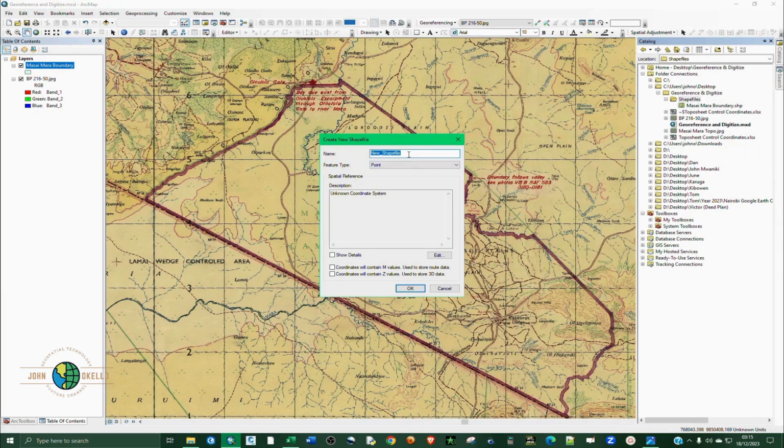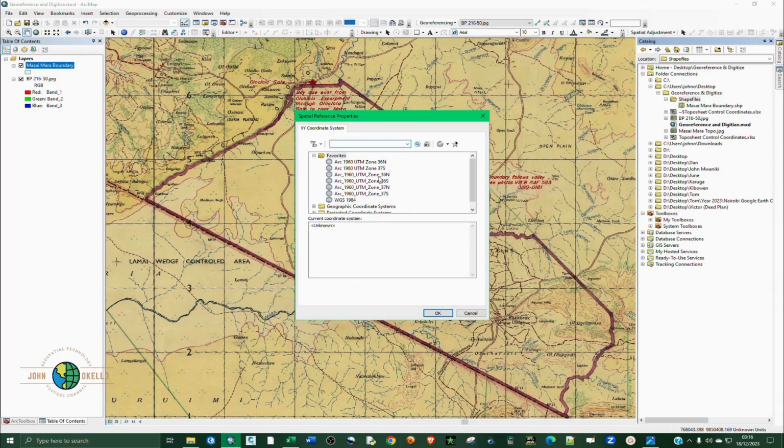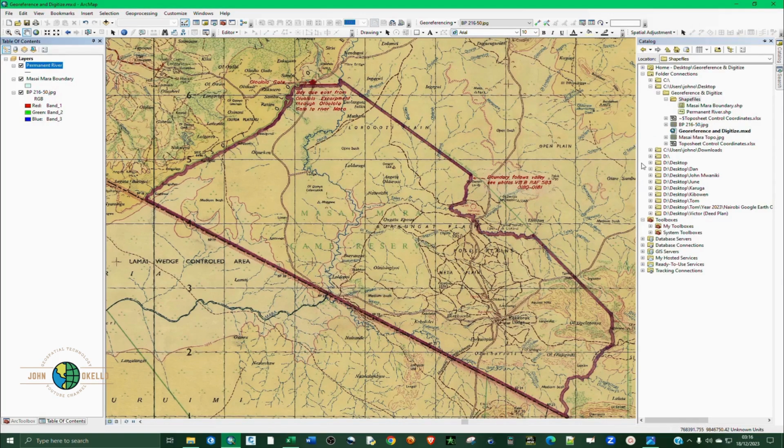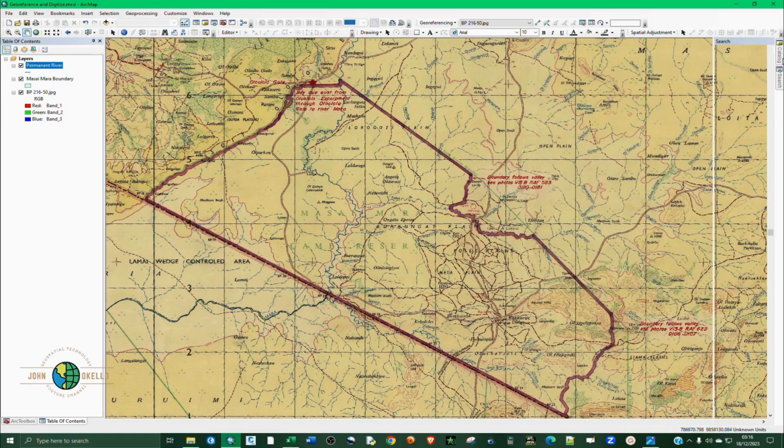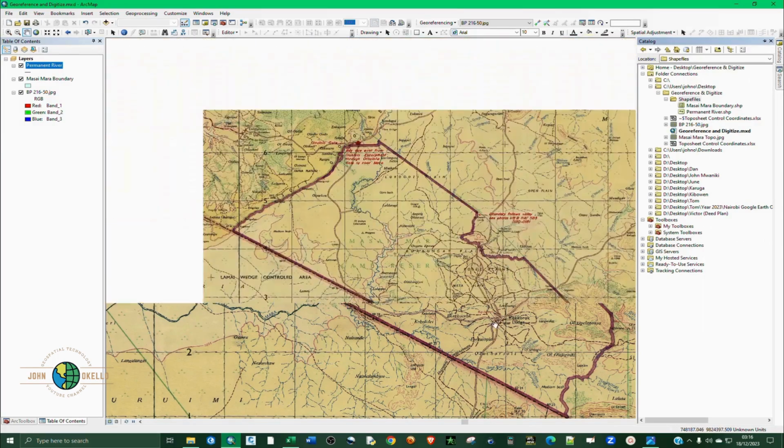feature that we have identified. We said we have a river, so river. This is a polyline, and then define a coordinate system. Okay. Another feature that I can identify from this topo is